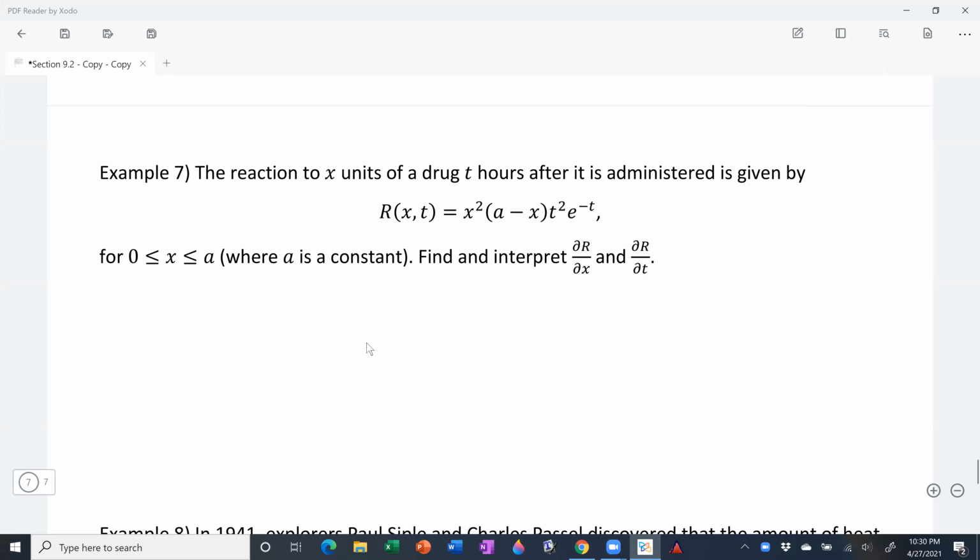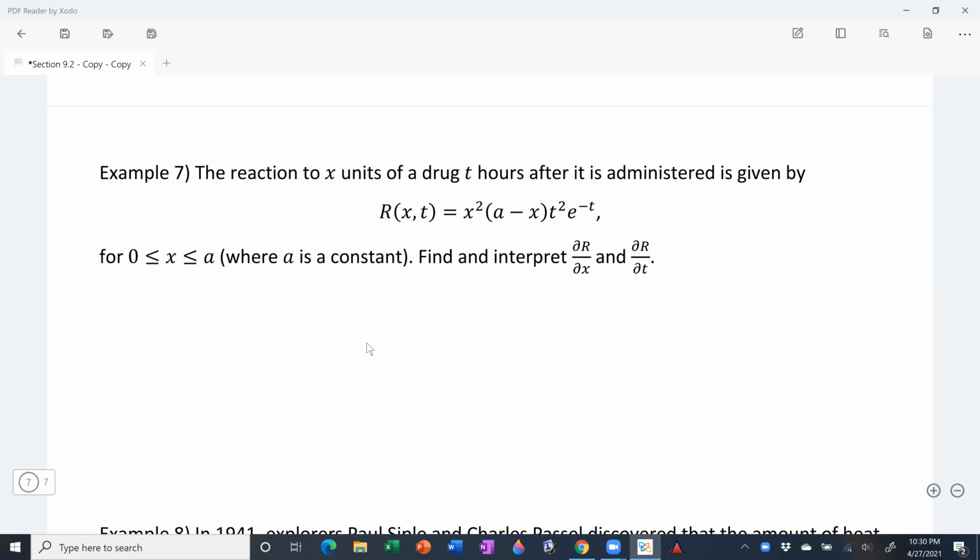All right, let's try another application of partial derivatives. Okay, example 7. The reaction to X units of a drug T hours after it is administered is given by this multivariable function, R of X comma T equals, and that looks like a bit of a mess with